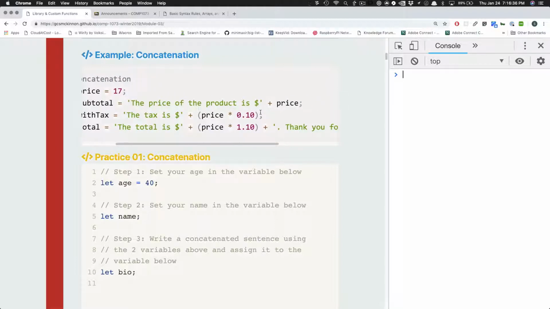Now that's because I want to keep my price variable normalized. I still want it to be a number. I don't want it to change from a number to a string because performing calculations on it becomes more difficult. It's just much easier if I keep it as a number. But when I want to